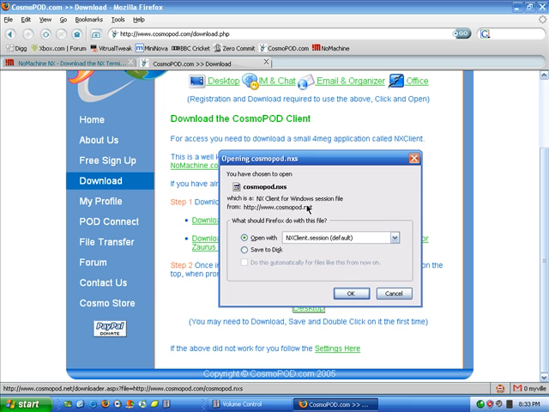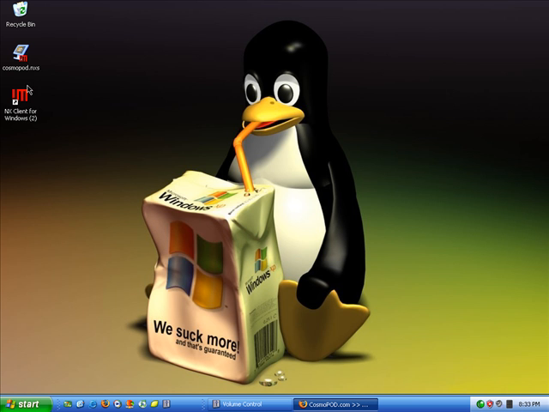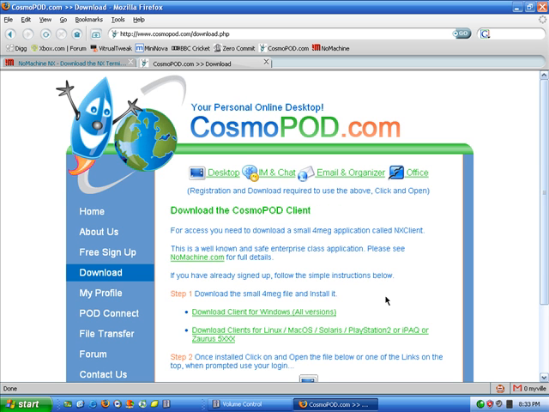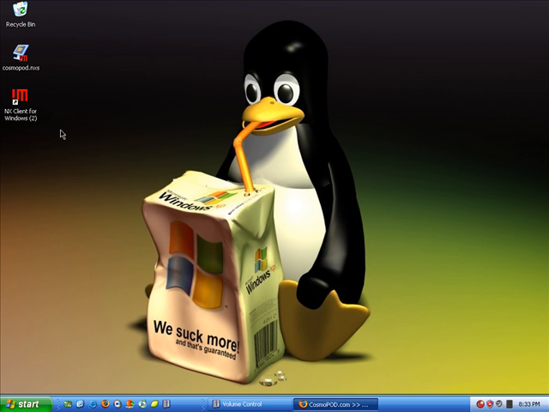This is the client I downloaded from cosmopod.com, it says cosmopod.nxs, and I already signed up for a free user account. Then double click on the Cosmopod NXS file to launch